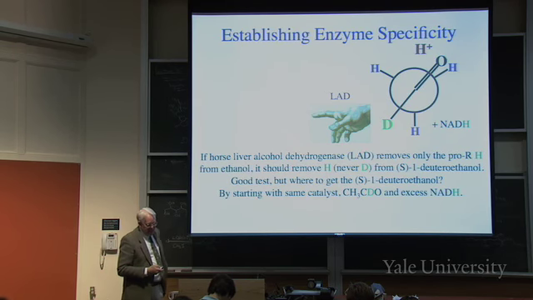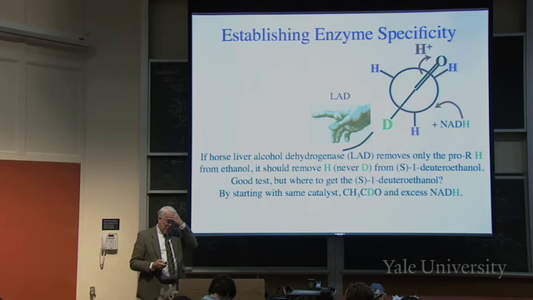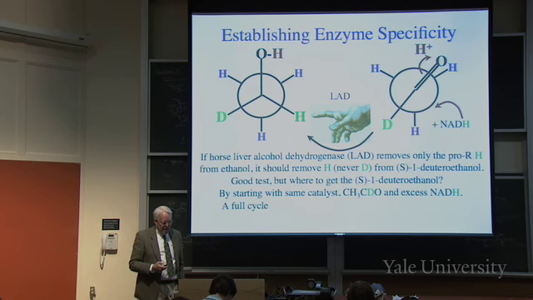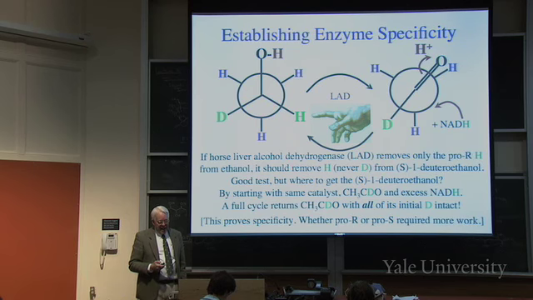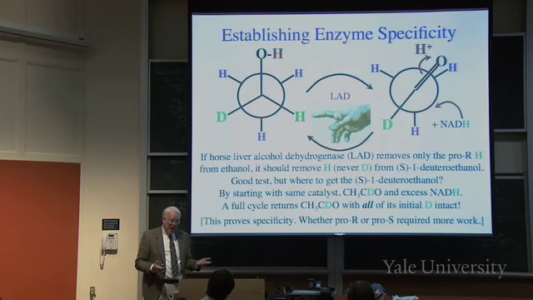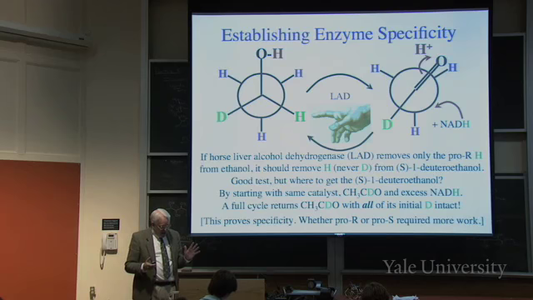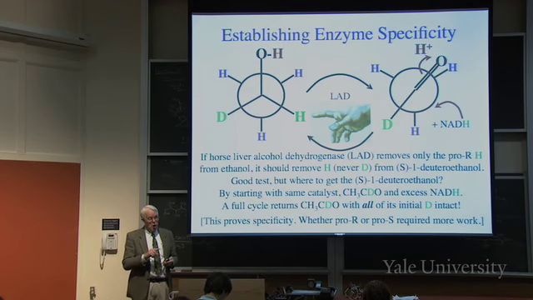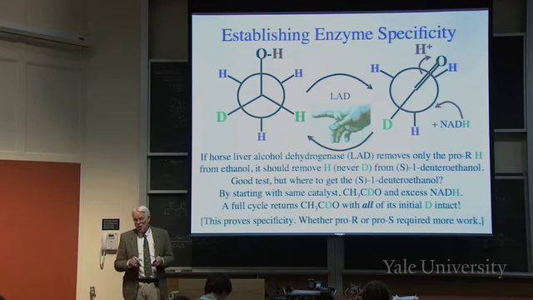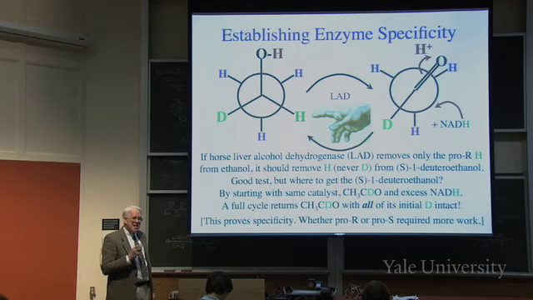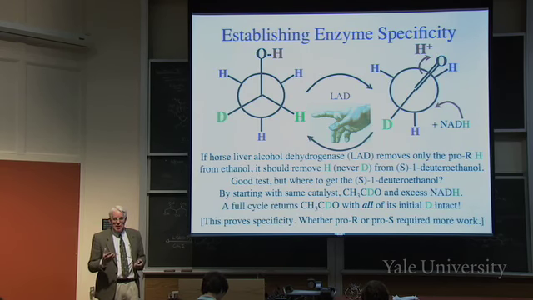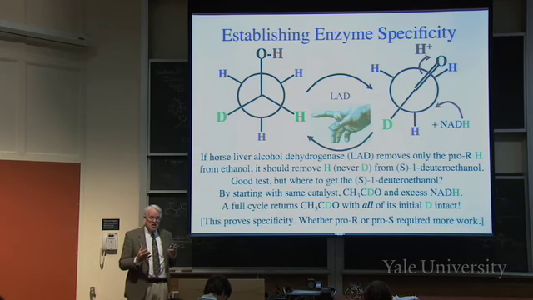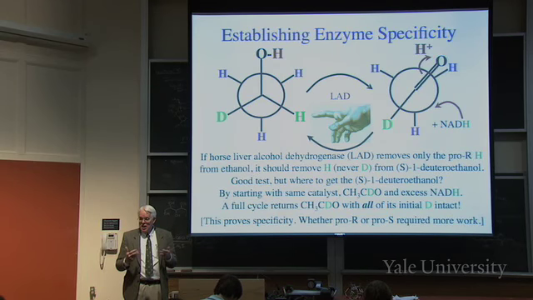By starting with the same catalyst, an excess deuteride, you go that way, okay? So if you do a full cycle like that, you come back exactly where you started, but this proves the specificity. But it doesn't say which one. It doesn't say whether it was pro-R or pro-S. For that, you need to do other kinds of experiments that we don't have time to talk about, okay? So that's really a neat experiment that shows that topicity makes a difference and that enzymes discriminate between stereotopic, enantiotopic